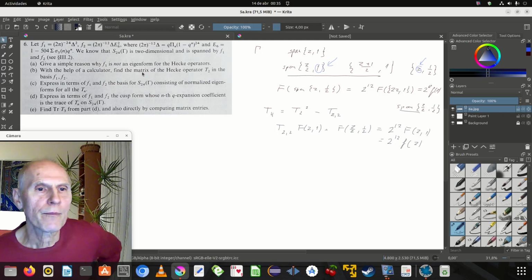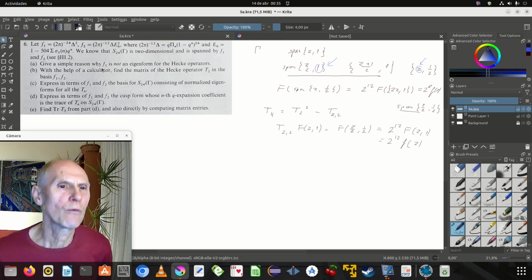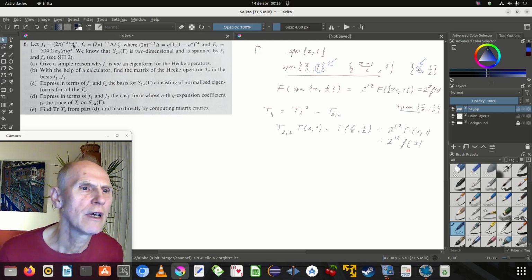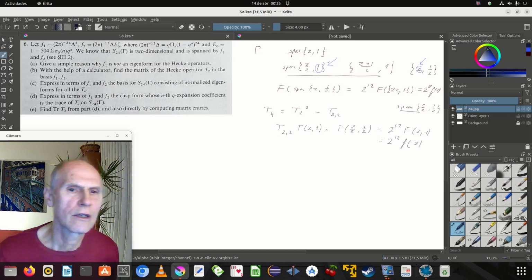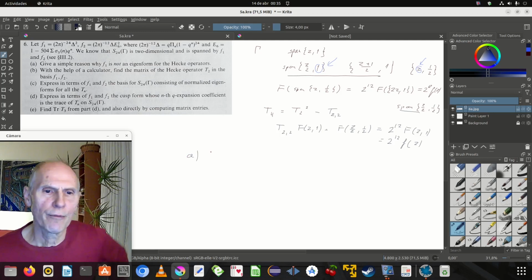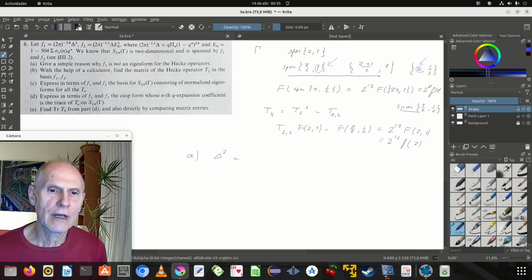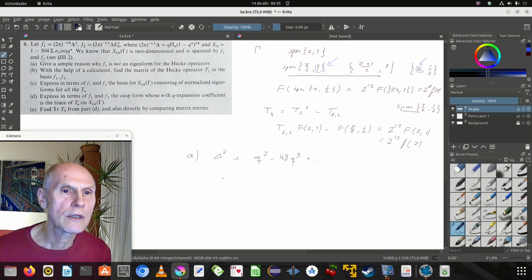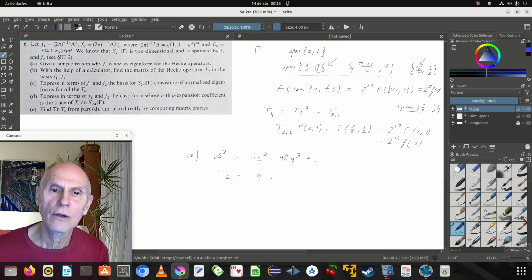And we can actually see this F1, that's delta squared. So we can start on A, delta squared, that starts with q squared minus, and then twice the product, that's 48 q to the third. And now if we operate with T2, then we do get q